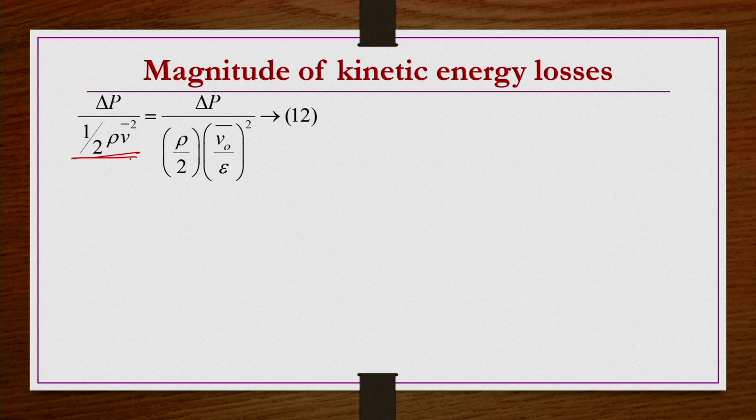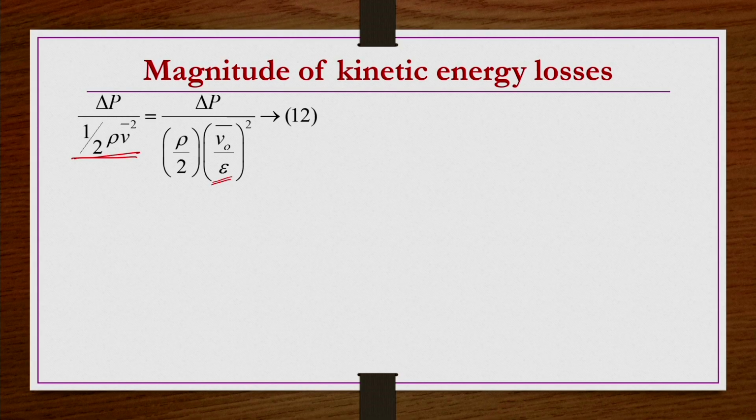V is the average velocity within the bed. Here we have taken the notation V bar, it is not V power minus 2, it is V bar. So, this V bar is nothing but the average velocity of the fluid within the bed. That is not known directly, but we found that this V bar is V naught bar divided by epsilon, where V naught bar is the superficial velocity or empty tower velocity, that is, the average velocity existing if you allow the fluid through the empty tower without packing. That is in general known, and epsilon is the voidage of the bed. So, everything is known.